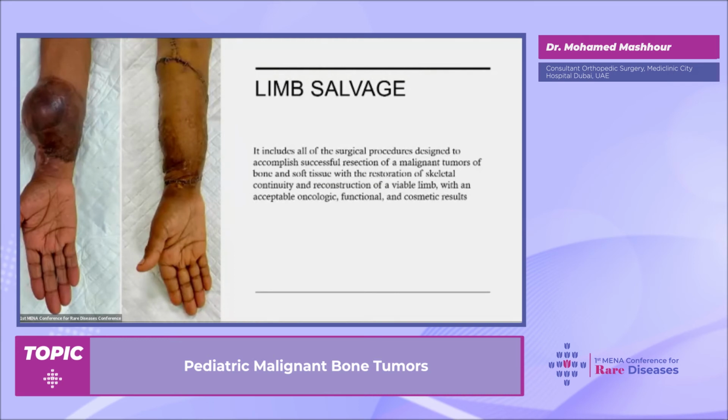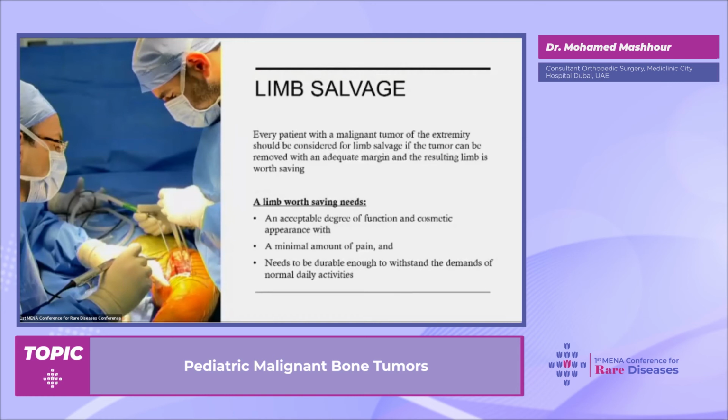The entire tumor was resected with part of the bone, part of the tissues and nerves, and reconstruction of a vascular bundle, reconstruction of a very thick skin flap, entire arm, and restoration of function. That's what we call a successful limb salvage, whether for bone or soft tissue tumors.